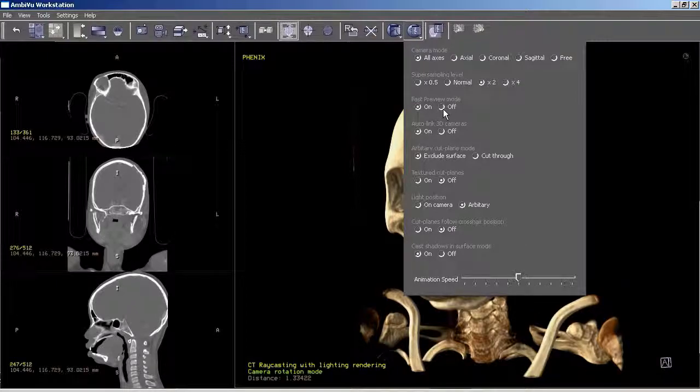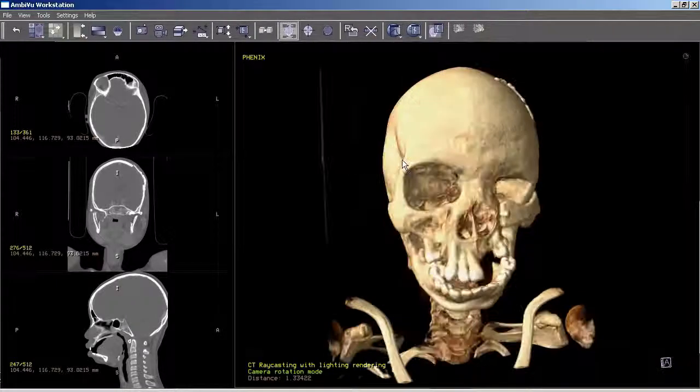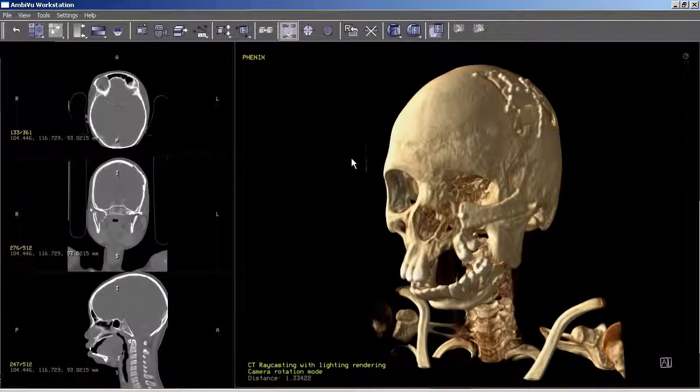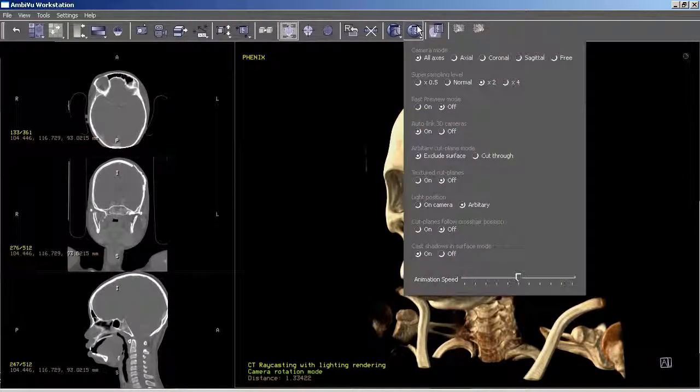The fast preview, if it's off, will not subsample, so it will make things a little bit slower for viewing. I normally keep it on. This is for linking 3D cameras in hanging protocols where you have more than one volume rendering grid item. This one is quite interesting, but I'm going to talk about it a bit later, because I first have to talk to you about